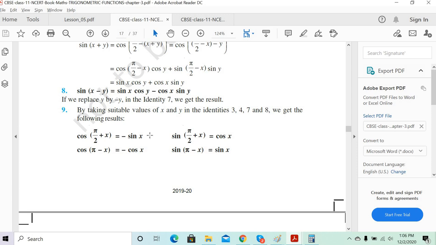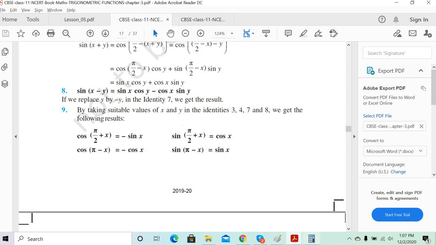First, sin(90 plus x) is coming in the second quadrant, and it is complementary. Anything 90 plus x is complementary, so the sine is changing to cos. And since it is coming in the second quadrant, sine is positive, so that's why plus cos x. Similarly, cos(90 plus x), complementary, will be sin x. Cos is negative in the second quadrant, that's why minus sin x. Understood? Clear? Yes, sir.